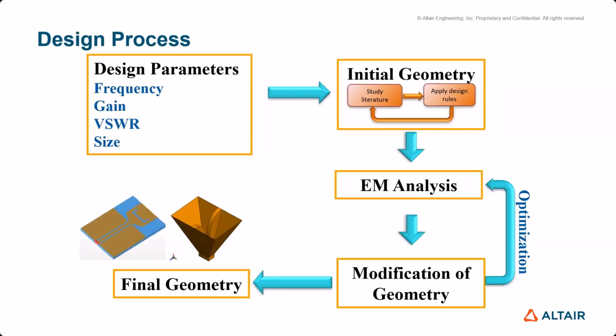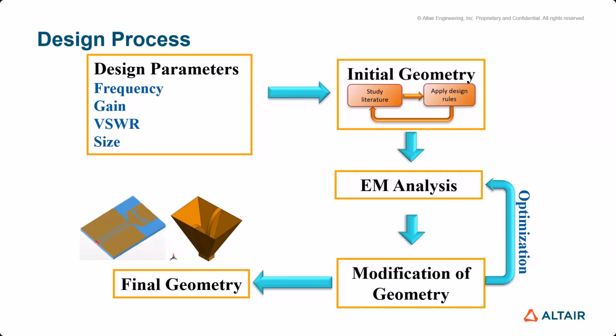The standard design process, in this case for an antenna, usually starts with looking at your design parameters, for example, your operating frequency, the required gain, input impedance or port performance, and also the physical constraints such as the size. You would then start with potentially literature study or apply some design rules to get an initial geometry. After analyzing that geometry, obviously to test its performance versus your required design parameters, you would proceed to modify that geometry iteratively to